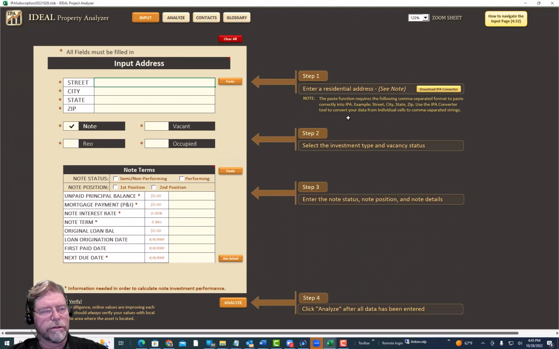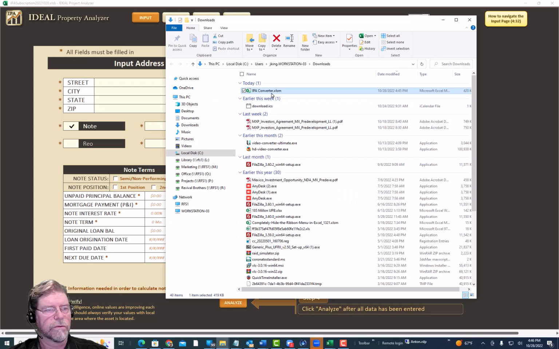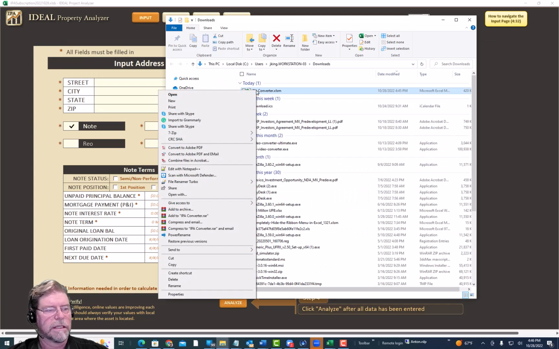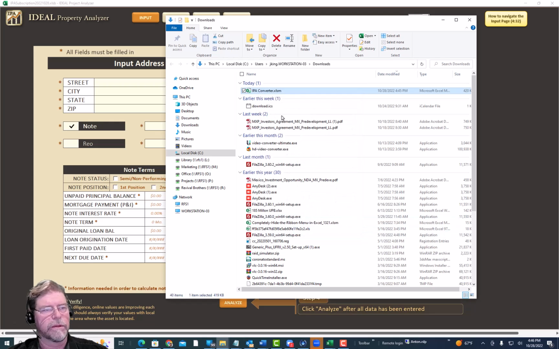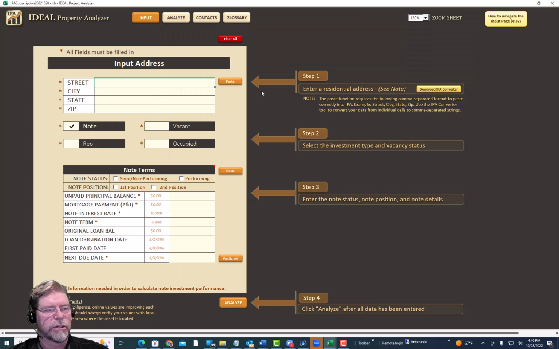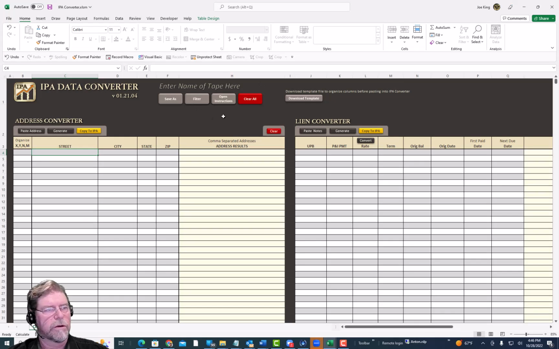So what we're going to do to get around this is right click on the file, go to properties, and right here under security it says unblock. You can unblock it, hit apply, and then you only have to do that once. And then I would copy this to your desktop or wherever, put it by IPA somewhere. Then you can open it and it should open just fine, no problems. Once this is open,